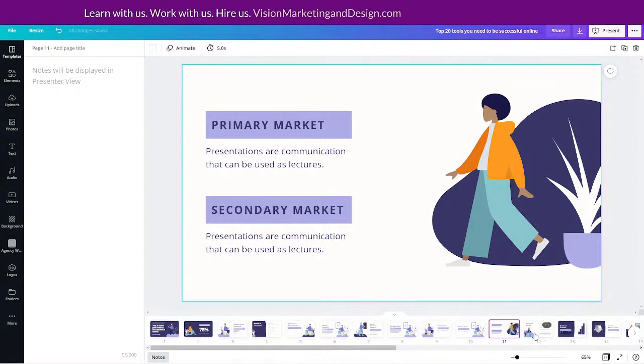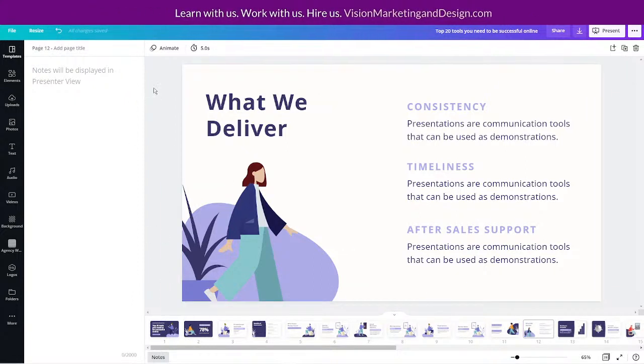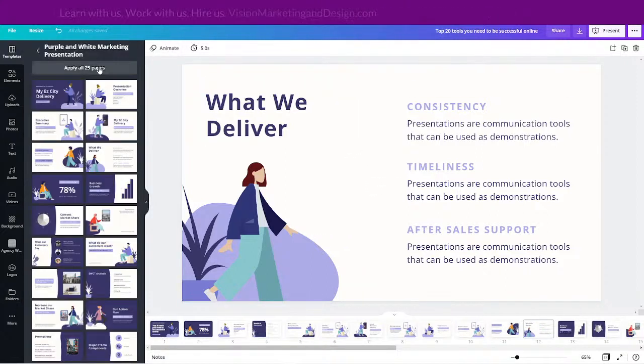Okay, so now we're getting into the ones that are kind of generic or not what we're probably going to use. So what I can do now is, let me go out of this, I think, and let me double check here. Yeah, so here's what we can do.